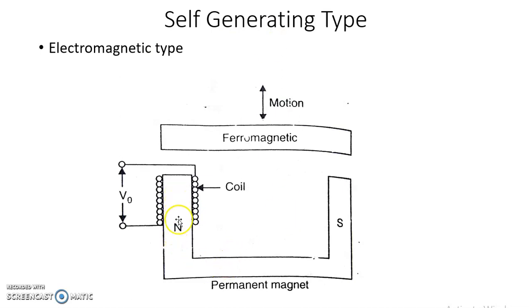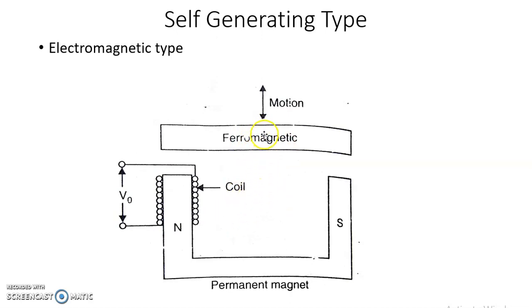It consists of a core, which is made up of a permanent magnet. On this limb of the core, the coils are wound directly. Now, when a plate of iron or any other ferromagnetic material is moved with respect to this magnet, then the flux field expands or collapses and voltage is induced in the coil. So voltage is induced in the coil because of the relative motion between conductor and a magnetic field.